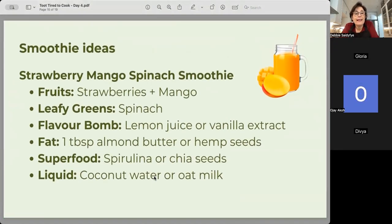All right, so that is that. Now, I'm going to go off of this and I'm going to talk about different types of smoothies that you can get, because I want to do similar to what we did yesterday. I've got some different smoothies and I want to talk about what they are and what their benefits are for these as well. The first one I'm going to share with you is